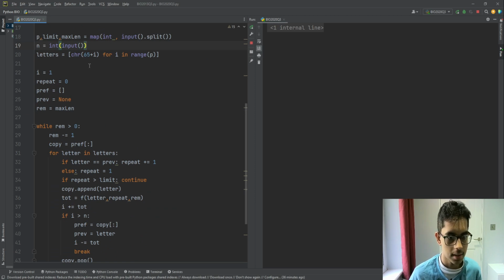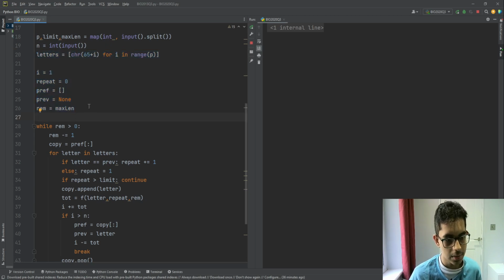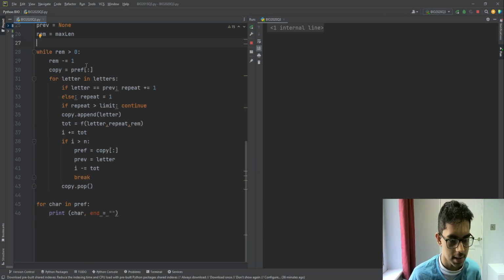Now let's look at the rest of the code. So I'm just initializing some variables. I'll explain what they do a bit later. So rem is basically the remaining number of characters. It's obviously initialized to max length, since before we started we have all possible characters remaining. And now what this while loop does is it basically decides what character is to be placed at